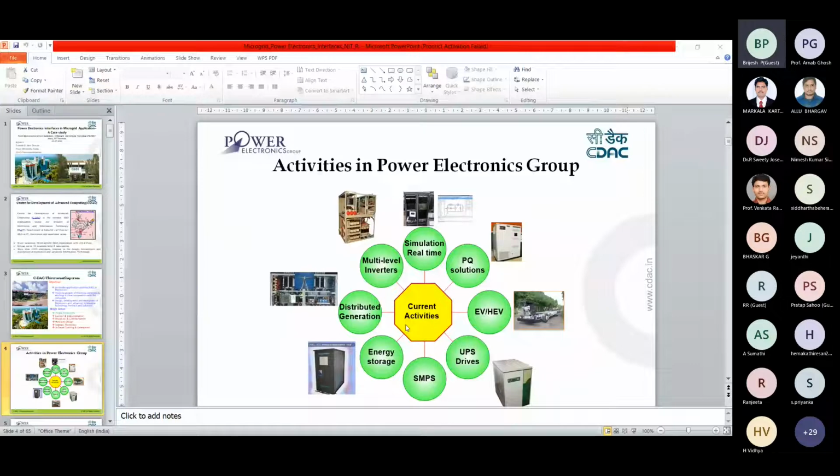Such an architecture you can take as a DC microgrid. Even you can go for a low voltage DC, a 48-volt DC nano grid or something like this.